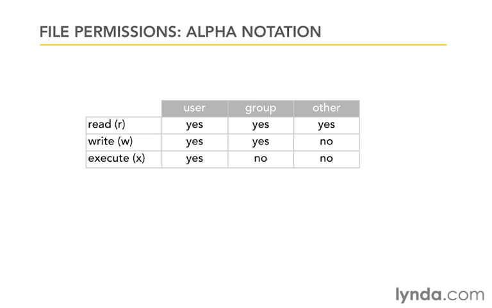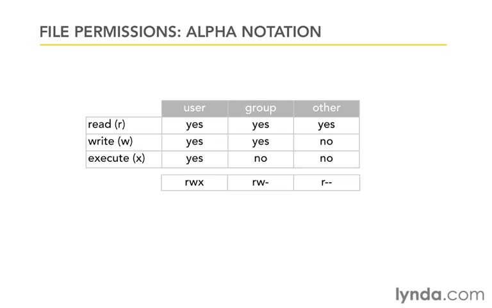So what we do for each of those, read, write, and execute, is we use the letter R, W, or X to indicate it. And then we essentially add them up. So that what we end up with for the user is R, W, and X. They can do all 3 things. The group is R and W, but not an X, and we put a placeholder dash in place of it. For everyone else, they can only read, so they get R and 2 dashes. Notice now we have 9 characters. So you take all of those, you smash them together, and that is the 9-character permission string